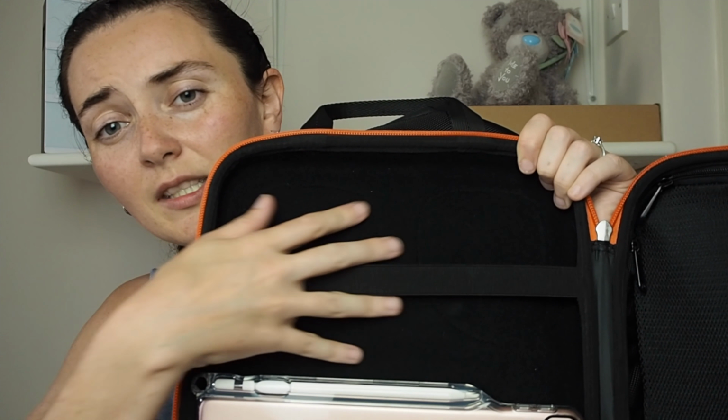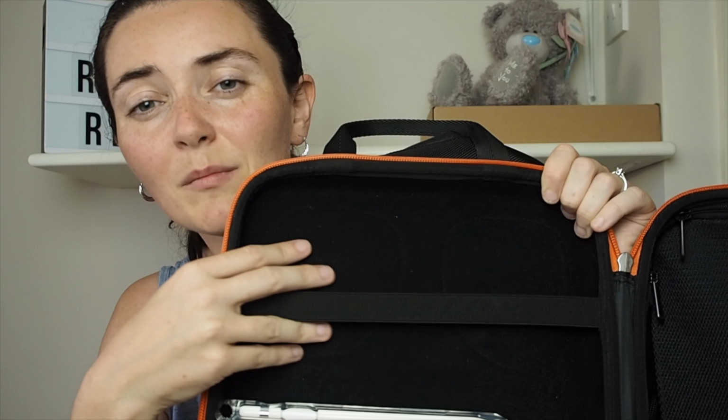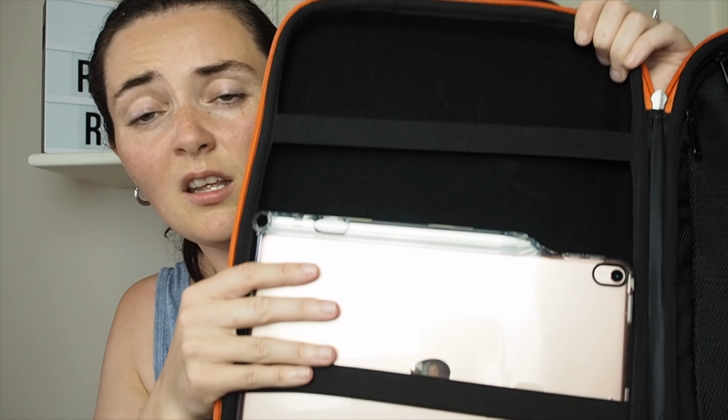And then you've got this space at the top, which I usually put my purse and my headphones in there, so it's quite nice for space. The bag is 10 litres, so you should be able to fit 10 litres worth of stuff in here, but obviously you're restricted by the actual depth of the bag. So from this angle, you've got